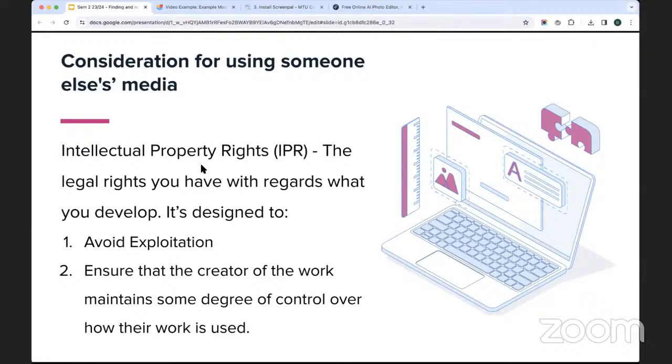It generally operates on a process of goodwill because it is very hard to track when something is made available out into the ether. It is very hard to track whether it's being used, and in what context. So a lot of this is based around legal obligations in terms of IPR, but more commonly, just good ethical principles when you are using somebody else's media.